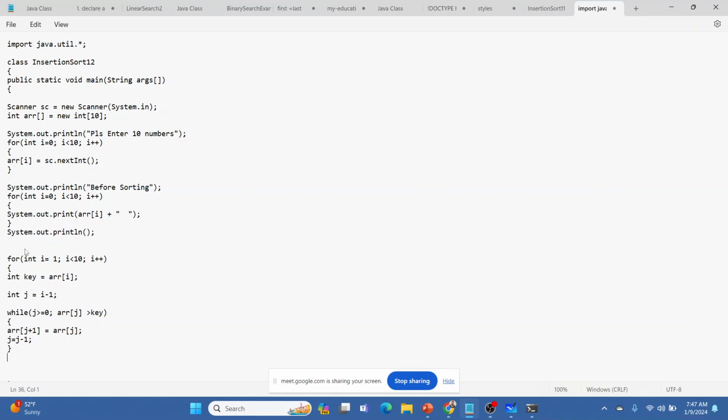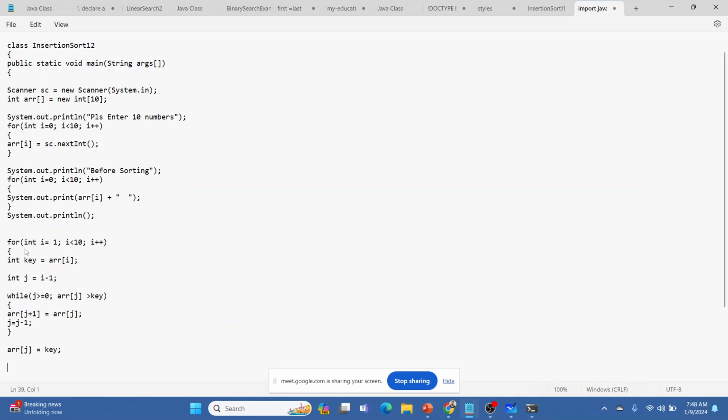After this loop, what we need to do is, after the loop is broken, arr[j plus 1] is equal to key. The key is stored over there, and j is getting decremented, then arr[j plus 1] is equal to key.